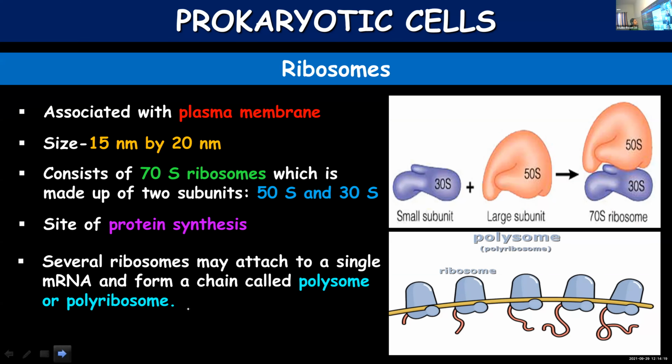And in the second figure, you can see the picture of a polyribosome or a polysome. Poly means several, many. As the name suggests, when several ribosomes are joined together, you call it a polyribosome. But seeing the picture, I felt so many monkeys are sitting on a branch of a tree, with the tail projecting down. Okay, whatever it is, these are actually ribosomes.